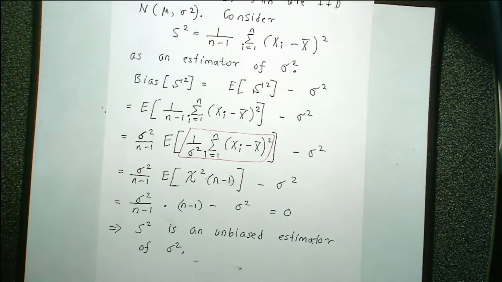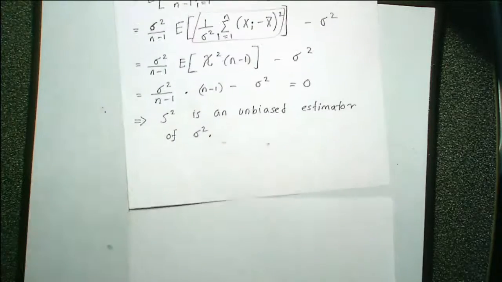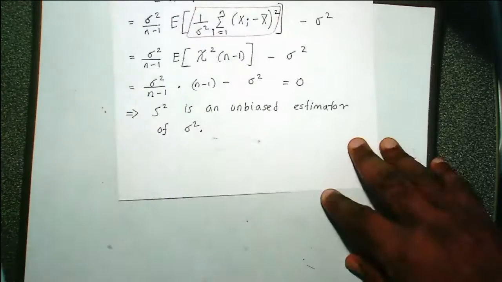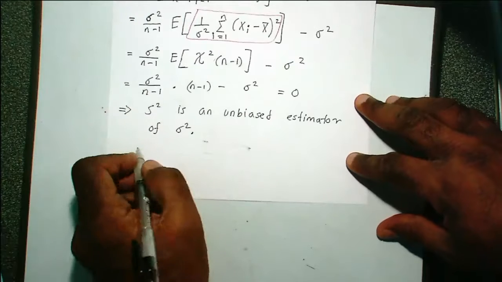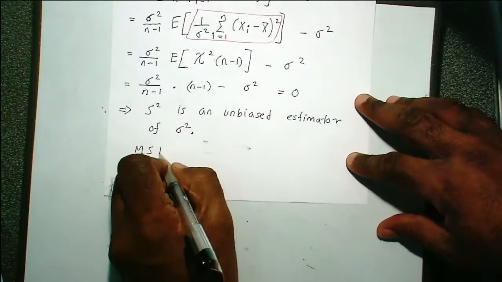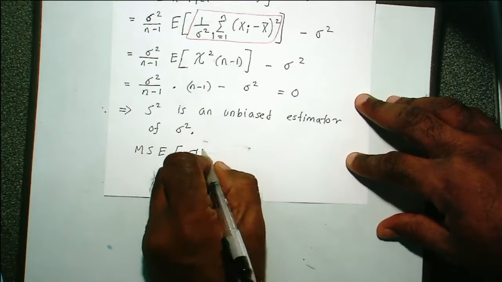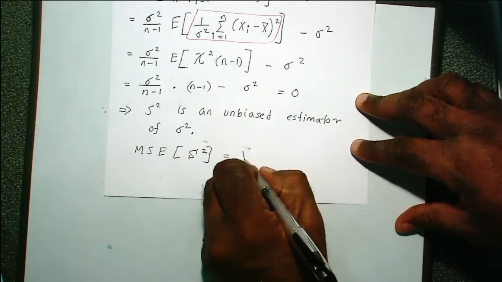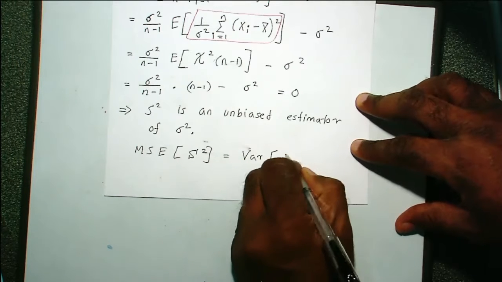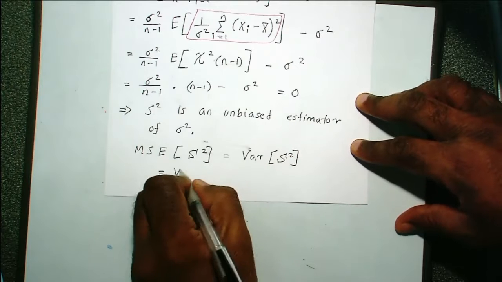Right. We got it. Okay. Let me also find the MSE. Let me also find the MSE of S squared. The MSE of S squared is going to be the variance of S squared. Yeah, it's going to be the variance